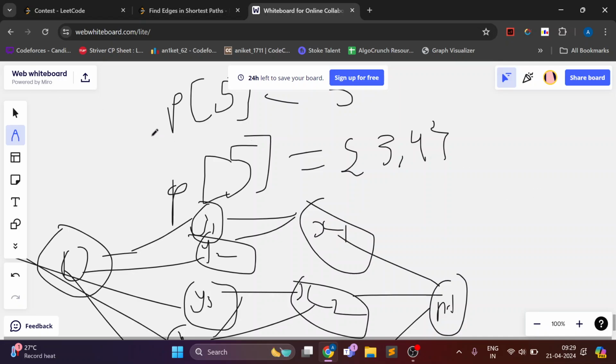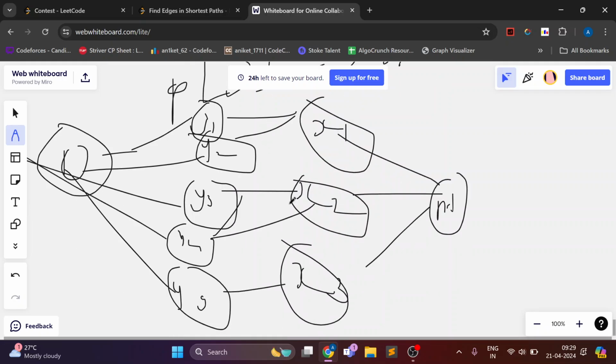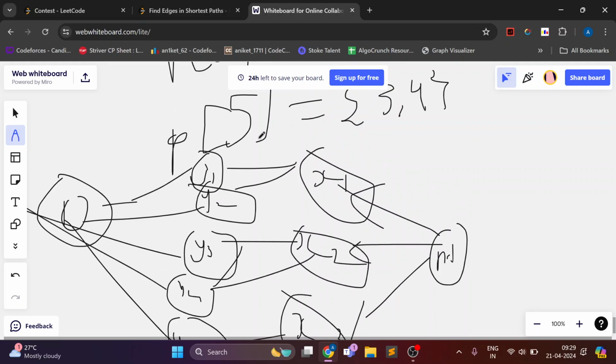So this parent 2D vector itself becomes a graph, but this is a directed graph from child to parent, you can say, an opposite type of